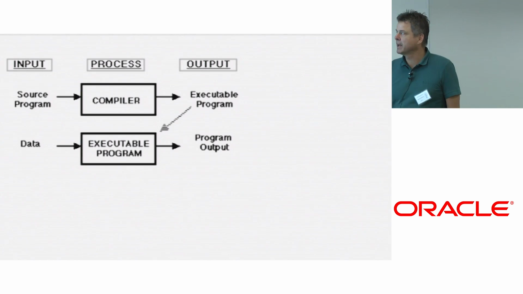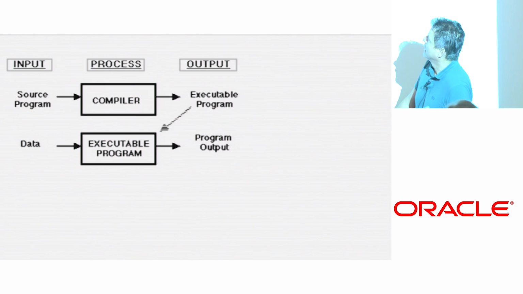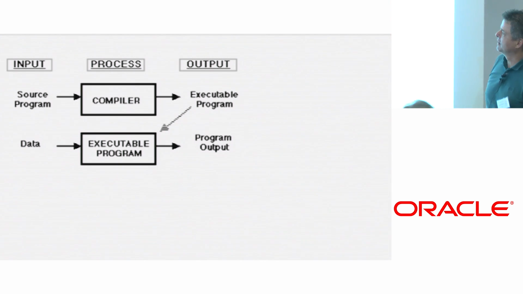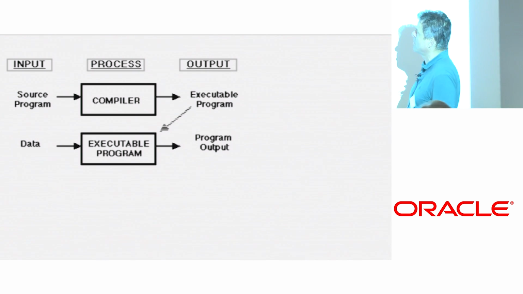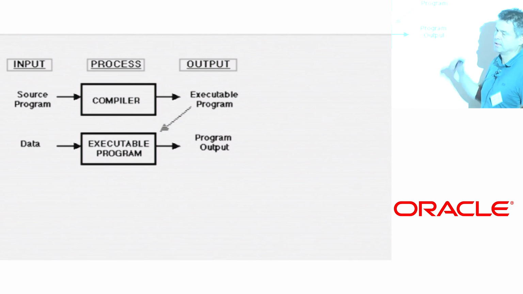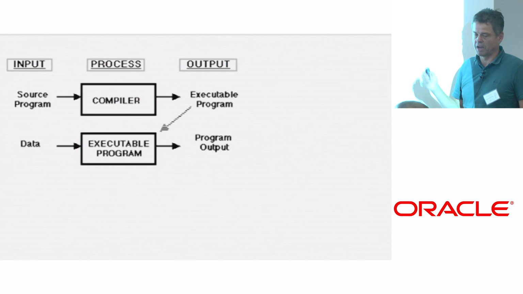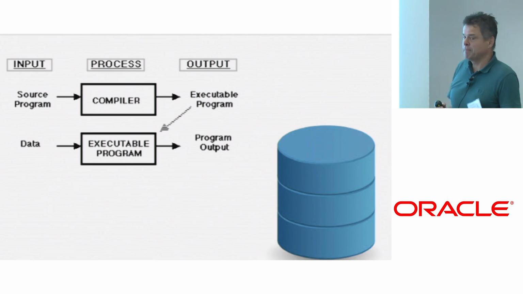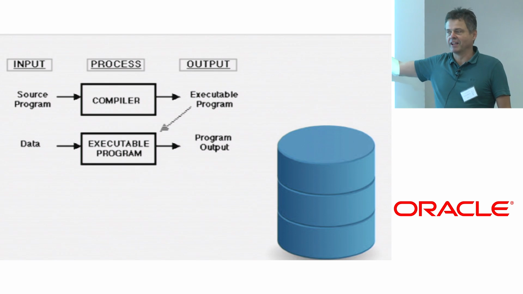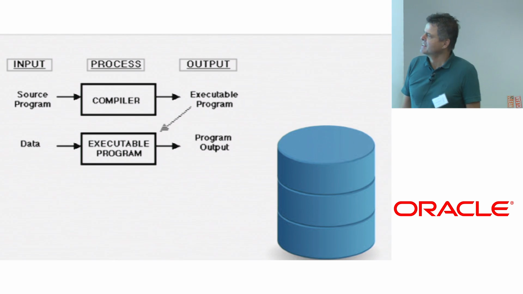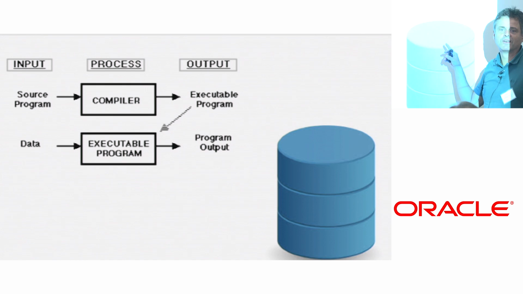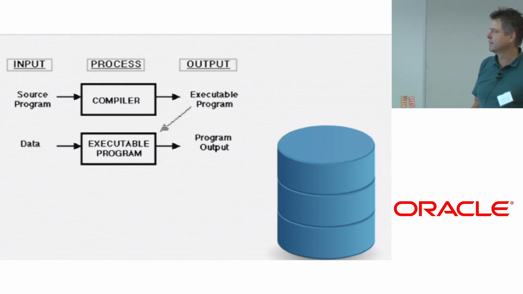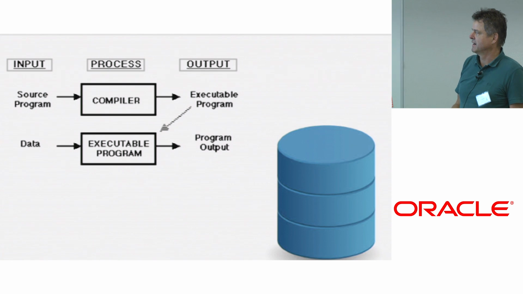So if you look at compilers, a compiler is essentially, that's the standard picture. If you look on Google image search, that's the first thing that pops up probably. So a compiler takes a source program, translates it into an executable program, and that thing then can be run. In a database, we all know it's this big round thing, right? So this thing looks pretty square, and this thing looks pretty round. So aren't we putting a square peg into a round hole, or vice versa? Well, we'll see.